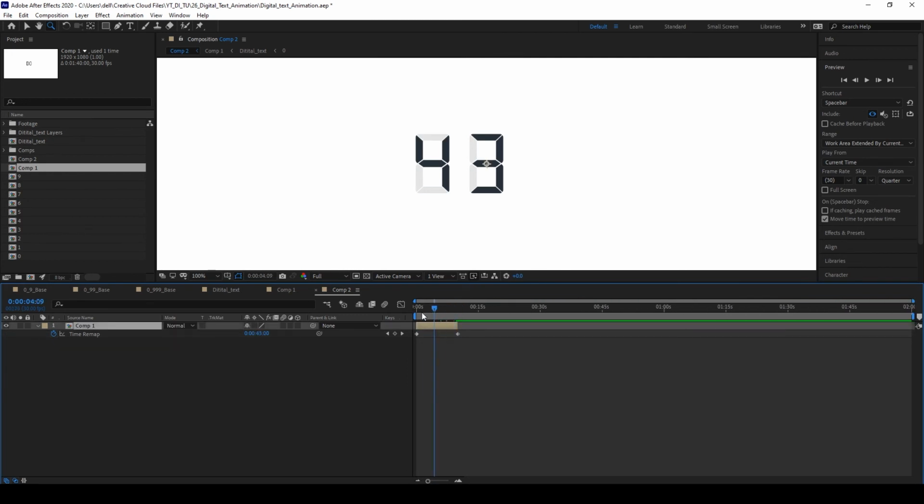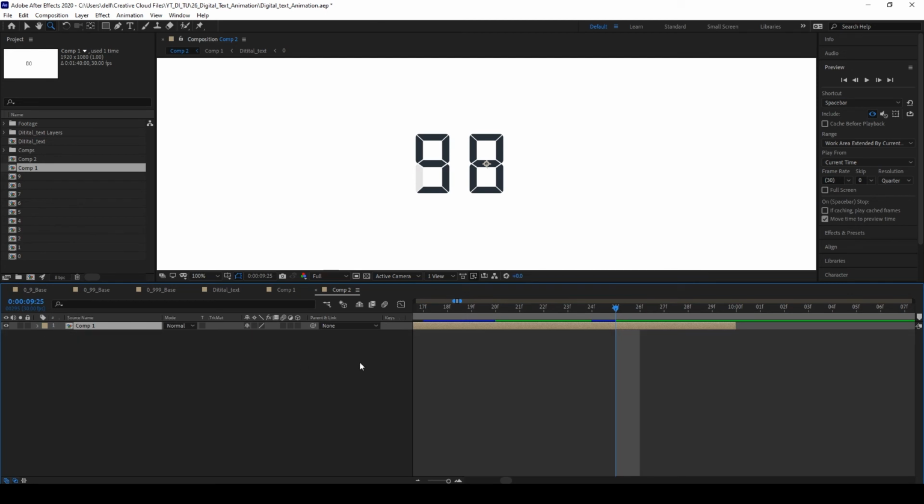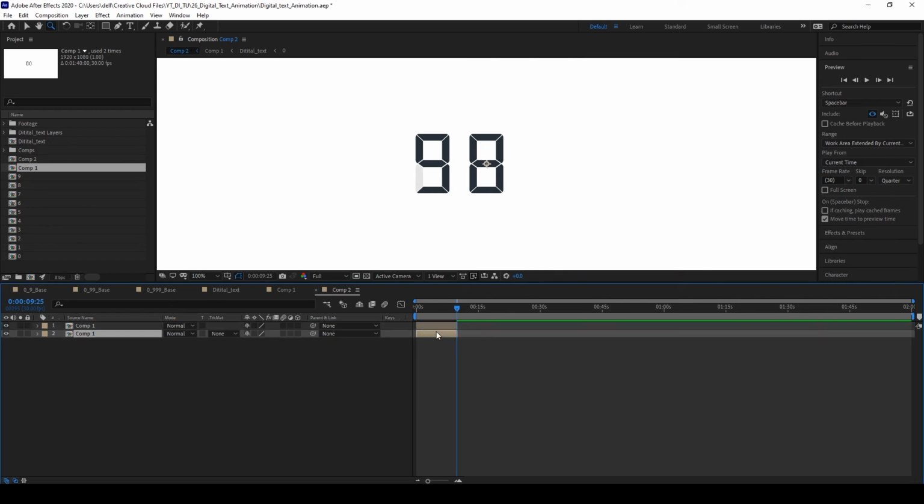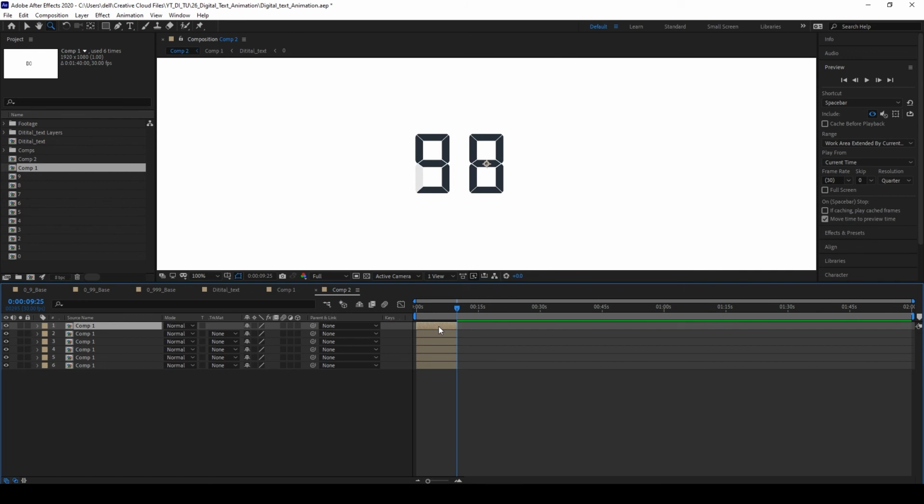In the same way, we need to check the RAM preview now. So quickly this animation is happening in the 10 seconds. So 99 will go into 10 seconds. In a similar way we need to duplicate all these things. Times 5, 6, 7, 8, 9, 10.